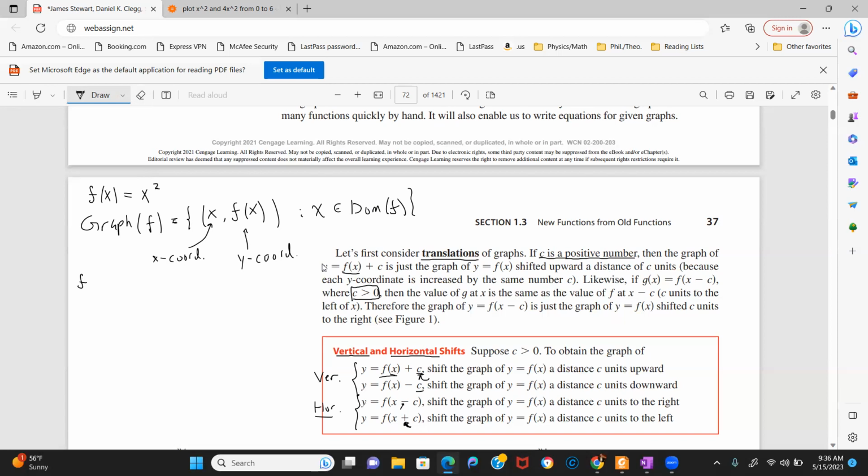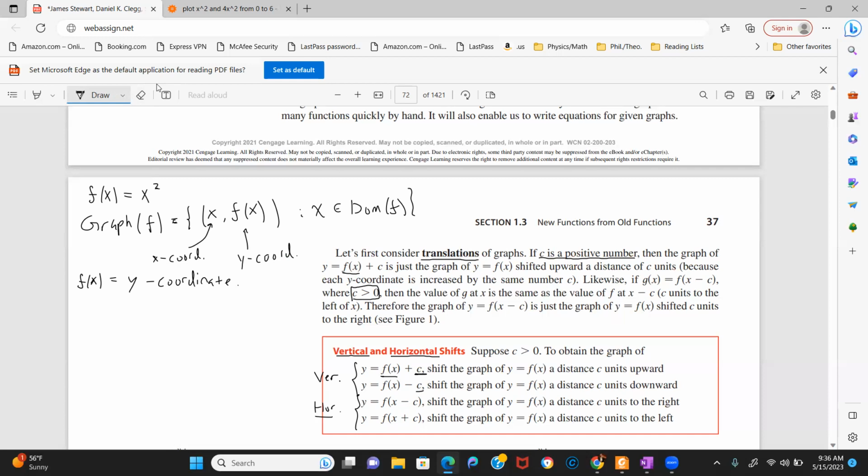So f of x is always your y coordinate. You plug in an x, you get a y coordinate out. And so in the vertical case, what this says is that when you take f of x, you plug in x to here, you get a y coordinate, and then you shift the y coordinate. So in other words,